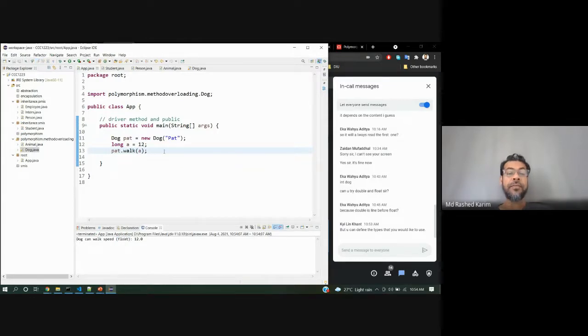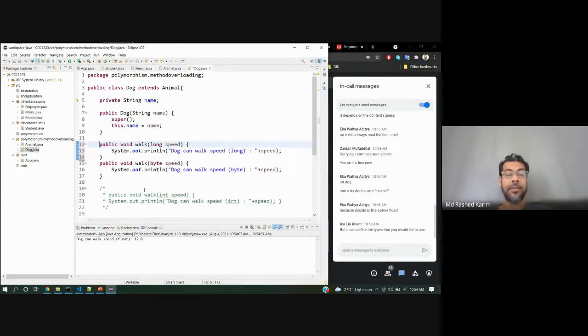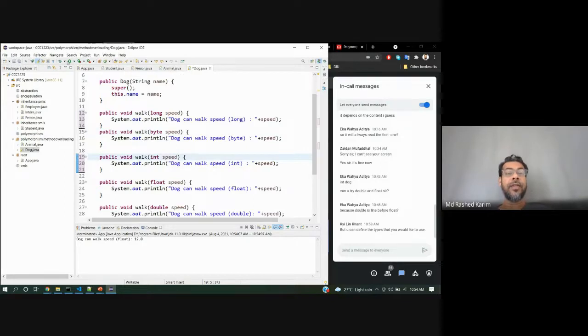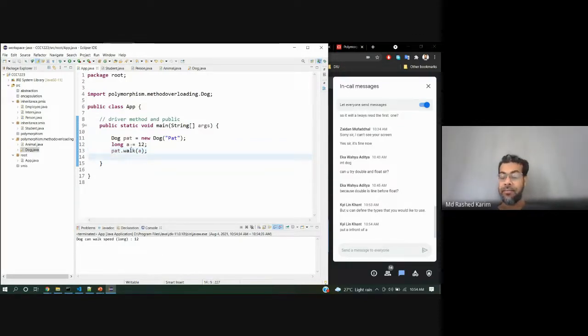Why float? Oh, because your code, I omitted it. Because I omitted. Okay, so now it's okay, fine. Now it's long. Great, Mr. Kant. At least, when I declare this one, automatically it's selected